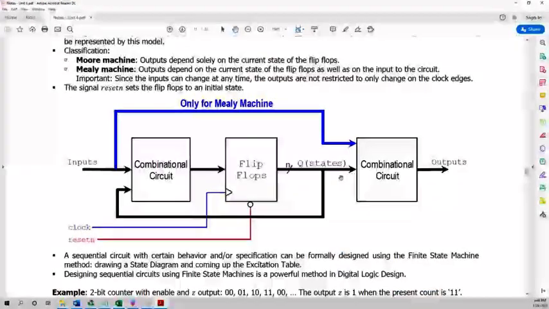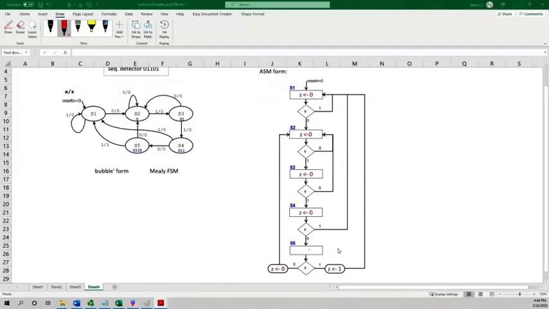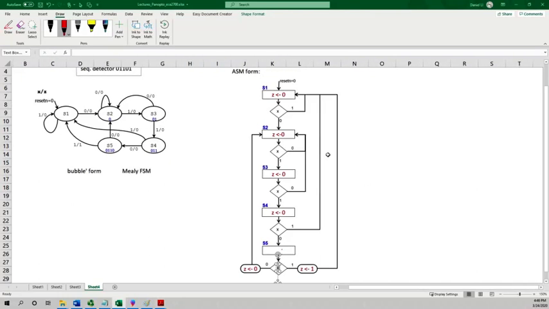The output here is Z, and it only depends on what? On the present state right here and on the input. Okay, that's why it is Mealy. Okay, I hope that's clear. So now, before, that should be all. That should be all. However,